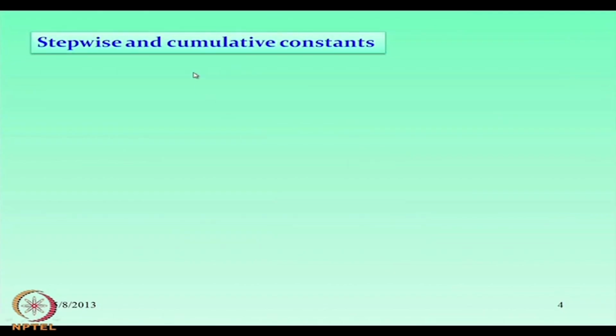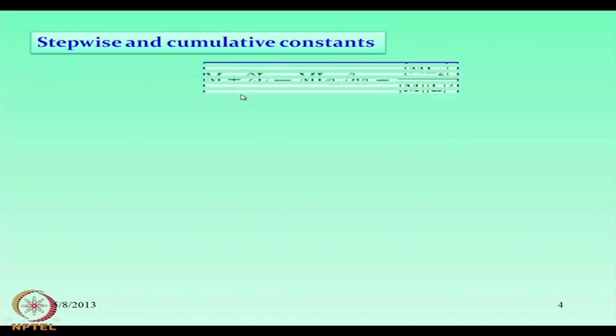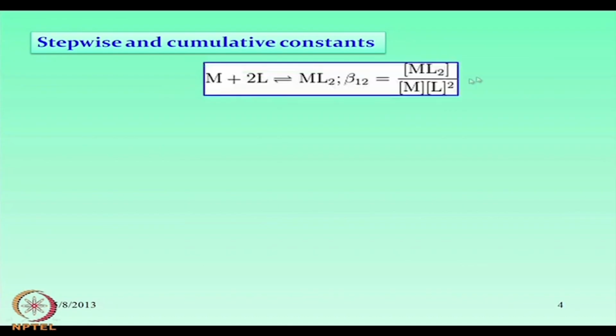So, in that particular case we will find that both stepwise and cumulative constants are functioning when we can add more than one L to the metal ion. That means we can go from M plus L to M plus 2L. So, M plus 2L can give rise to ML2, where we get the beta 1 step and the beta 1 2 step, that means both the steps are operating, and we have the corresponding cumulative constant which is beta